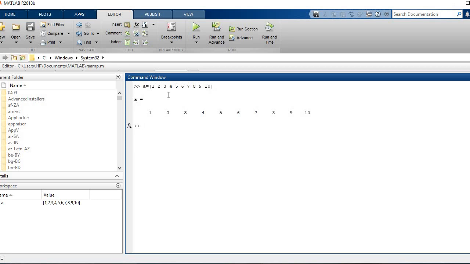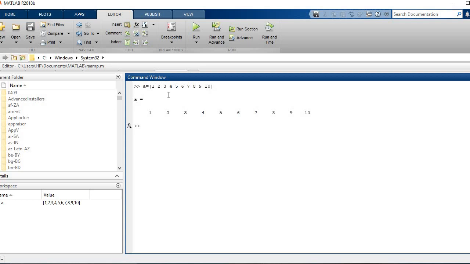But if I ask you to define an array consisting of 1, 2, 3, 4 up to 100, that would be very difficult for you because it's manual, and now you have to enter 100 elements manually. So to solve this problem, MATLAB came up with an operator which is known as the colon operator, and how and where it is used we will discuss here in this lecture. Okay, so colon operator.